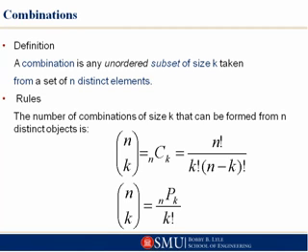This is n factorial over n minus k factorial, and that turns out to be just the number of permutations divided by k factorial. What you end up with for the combinations, n choose k, is the number of permutations divided by